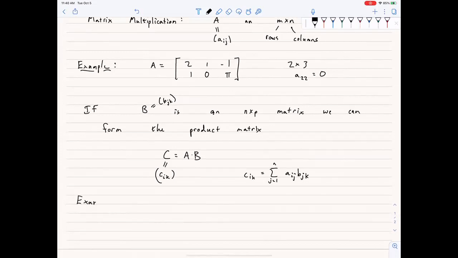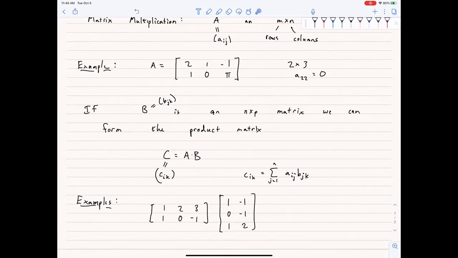So here's some examples. So we could take the matrix product. Let's say I have 1, 2, 3 and 1, 0, minus 1. Then I have the matrix, let's say 1, 0, 1, minus 1. Okay. So what I do when you multiply matrices is I'm going to say what this is. So first of all,